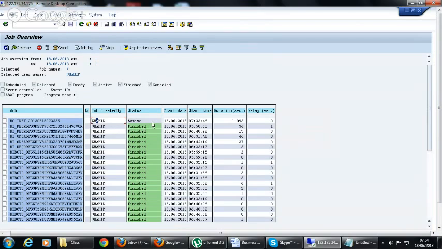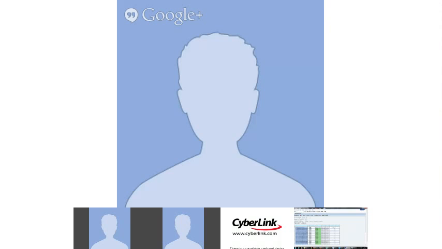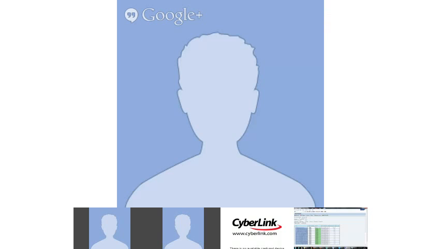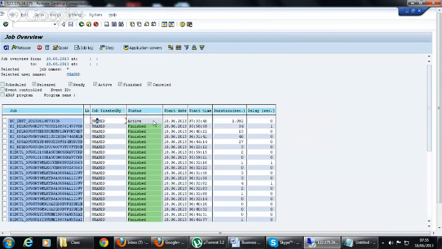Generally, another thing is when you try to activate in foreground, it can be a burden on the system, and the system can terminate. If it takes a lot of time, you will get a timeout, because the system is set to some particular time for every process. In that case,